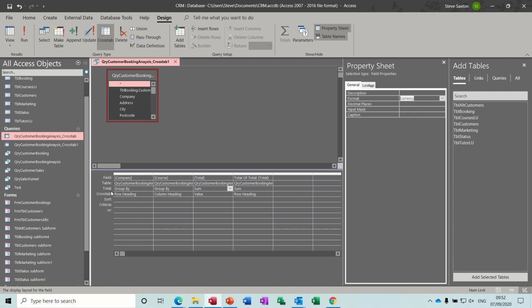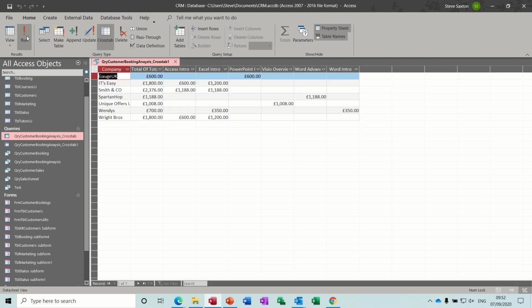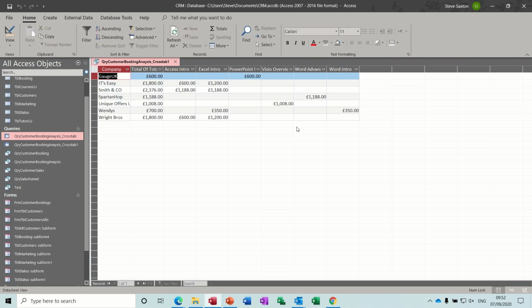So you can create these cross-tab queries yourself if you have a look at them in design like this, but it's quicker to do it through the wizard, I think. So now everything is in pounds. So we could do another cross-tab query where we're looking at a list of courses and company quantities. So that's the whole point of a cross-tab query. You can have it either way, lots of different ones. And then if I just close that,